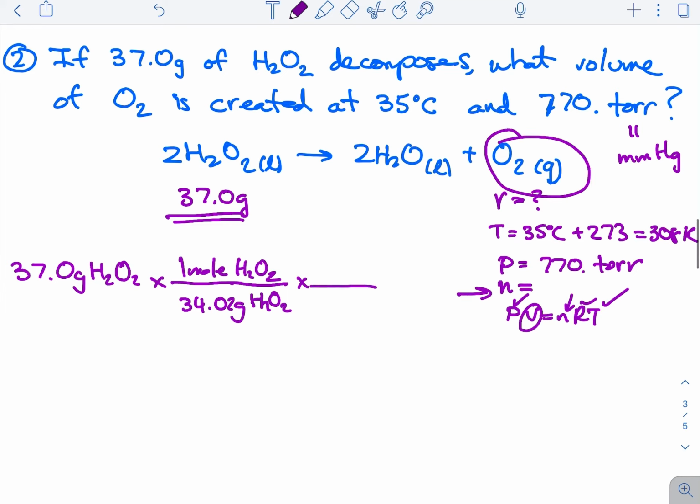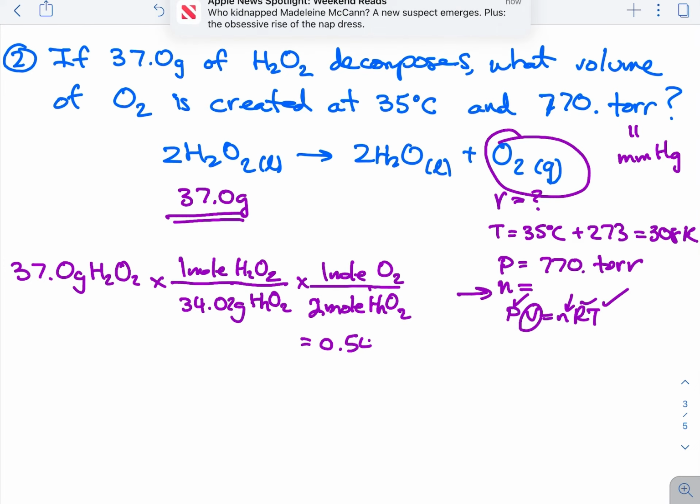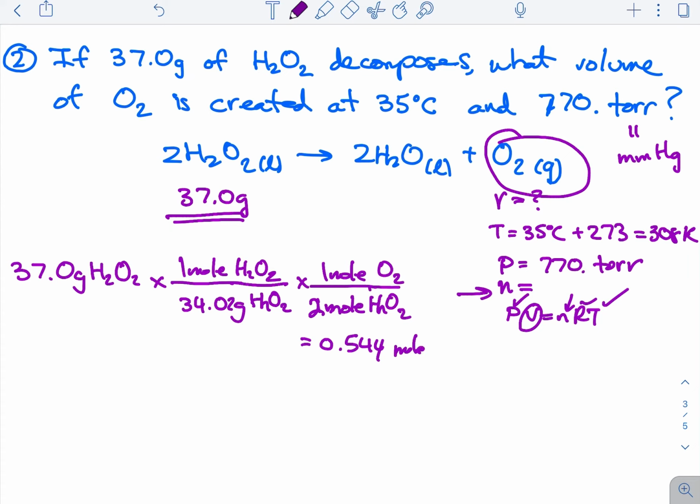So we've got one more step here, which is that for every 2 moles of hydrogen peroxide, H2O2, there's 1 mole of O2 that gets generated. So now we're going to calculate that: 37 divided by, in parentheses, 34.02 times 2, and that comes out to be 0.544 moles of O2. So that's the value we're actually going to plug in here. So now we finally have an n,